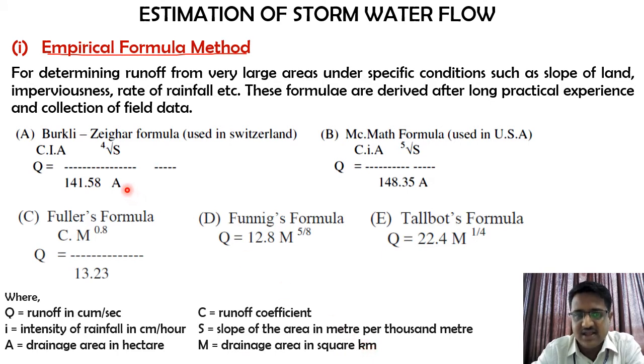Now we will even solve problems on these particular formulas. Basically, how these formulas work is based on the practical experimentation that has been done, and on those favorable conditions. So the accuracy of a formula depends on that. Whenever we check the experimental conditions used for evaluating these empirical formulas, the closer we are to those particular conditions, the more accurate the result will be. So this is the second way of calculating stormwater flow, with the help of empirical formulas.